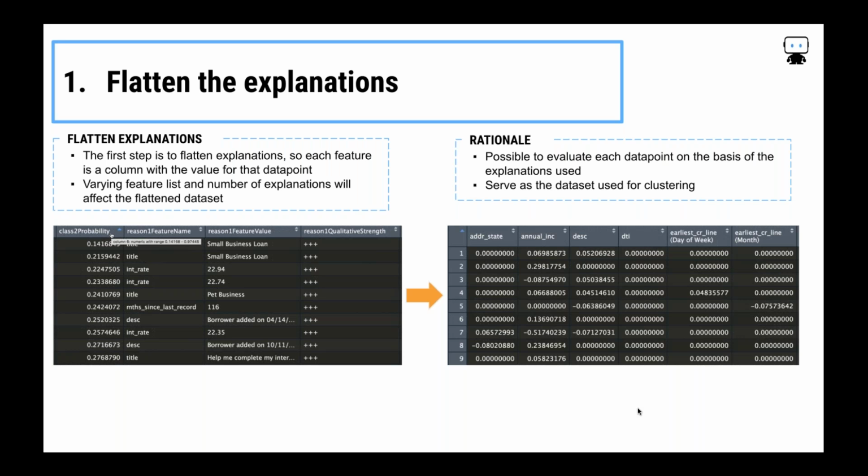And DataRobot is going to use the top 50 features in a data set, if there are that many, to create the explanations. So we can be left with a matrix of 50 columns by n predicted rows. Now, you may notice, if you look on the right, that this could introduce some sparsity if a feature wasn't relevant for a given record, but that's something we're going to address down the road in the next step.